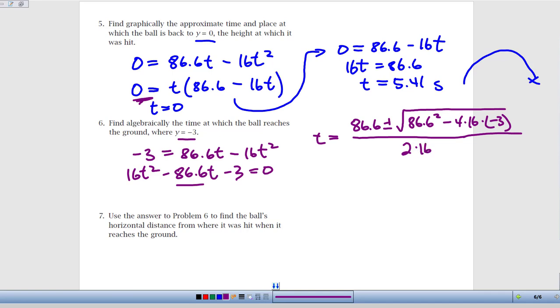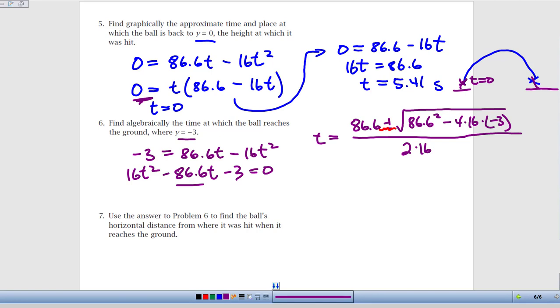So as you can see, we're going to end up with two answers by the time we're all said and done here. Well, one of those answers doesn't make sense with the context of the problem. If we think of this as being t equals 0 right here, and then we're looking for that time when it hits the ground at a height of negative 3, well, the other answer that we're going to get is for when it would have been at the ground before it made contact with the bat. So that answer just doesn't make sense with the context of the question. So really that means that we can just ignore the minus part of the equation and just include the positive